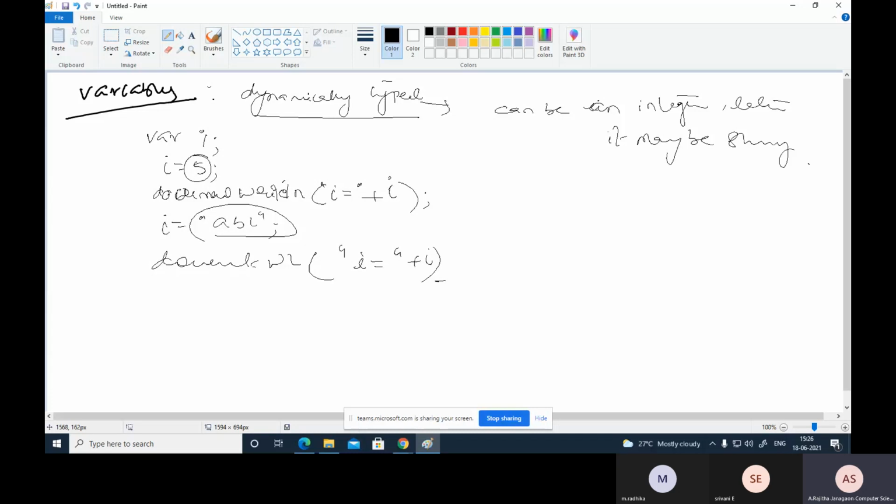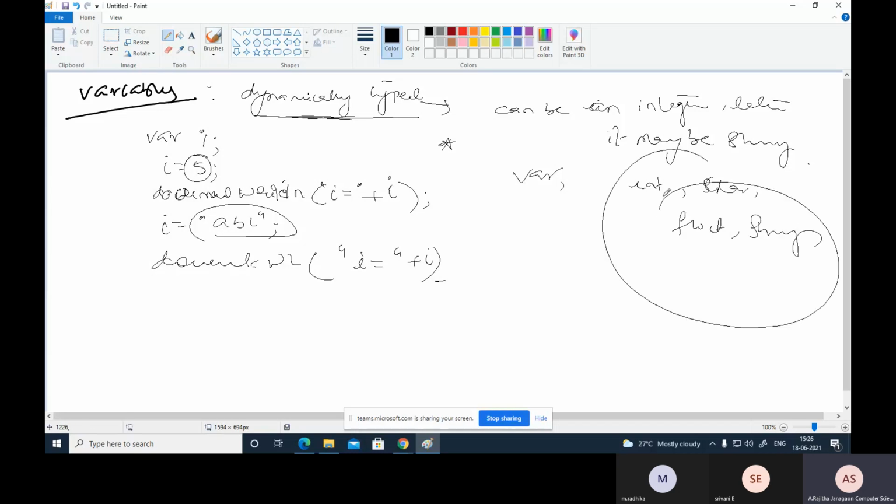Okay, and this simplifies the variable declaration. The main intention of dynamic typing is that it simplifies the variable declaration, so that we do not require the familiar types like integer, character and string. Instead we just use var. That means we are not required to specify an integer, character, float or string data type, even though we are using these values in our JavaScript. So by using this var reserved word, this is one of the most important things in JavaScript.